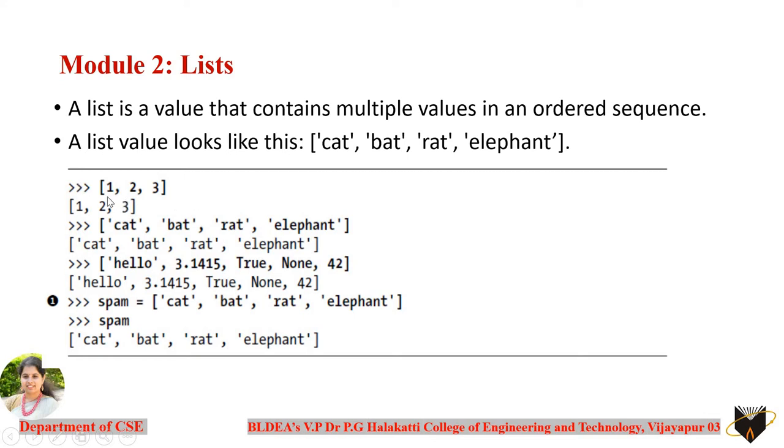So in the second example, you can see here 1, 2, and 3 are the elements of the list, where each element is again separated by a comma, and these elements are considered as the integer elements of the list here. In the other example, the elements of a list are hello, 3.14, true, none, and 42. Why? Because the list also has a facility where you can store different kinds of data into the list. That means the list will not restrict you to store only the same kind of data. Instead, it will also allow you to store elements of different data types.